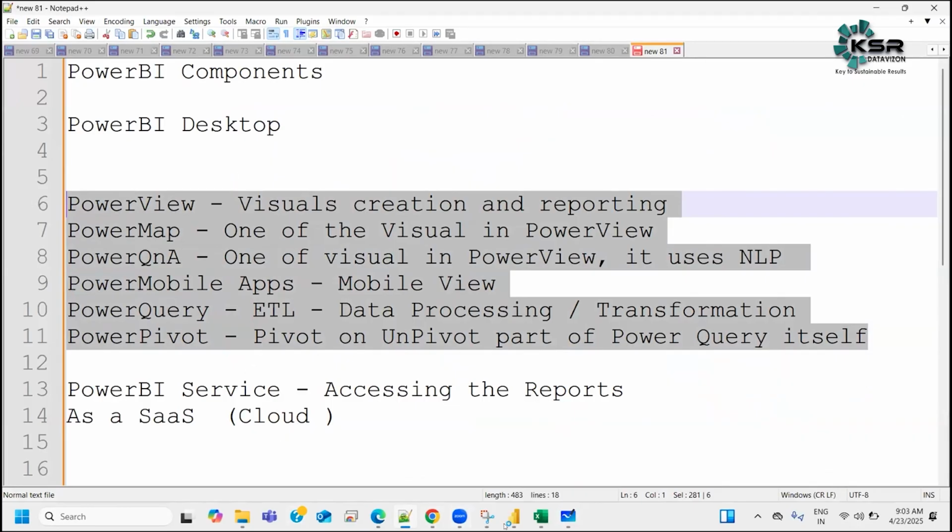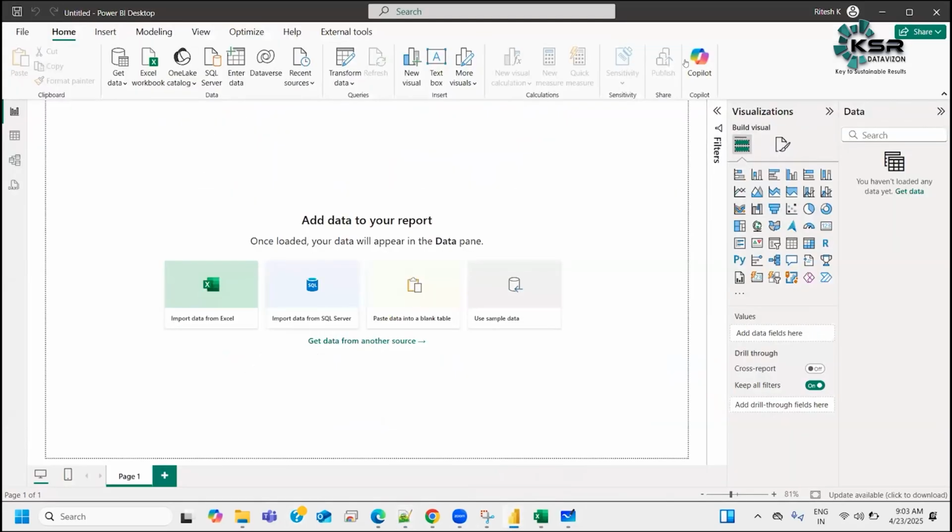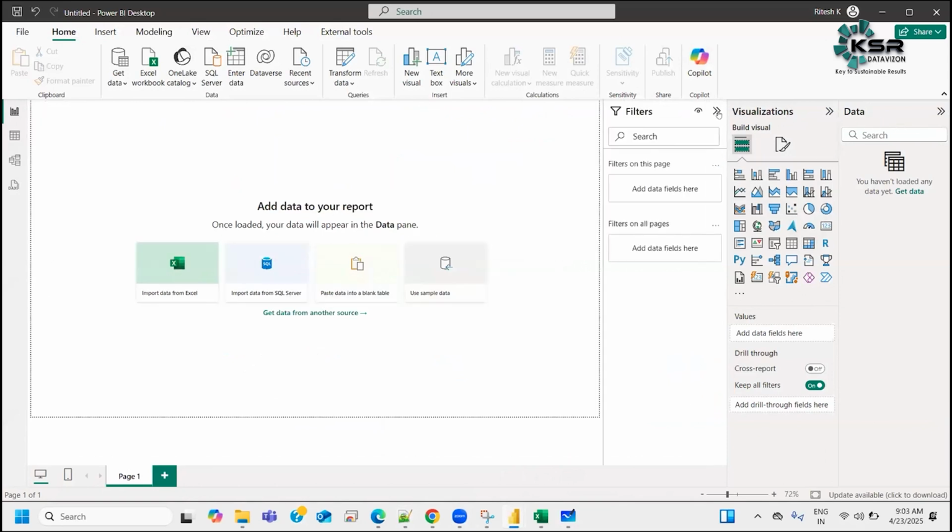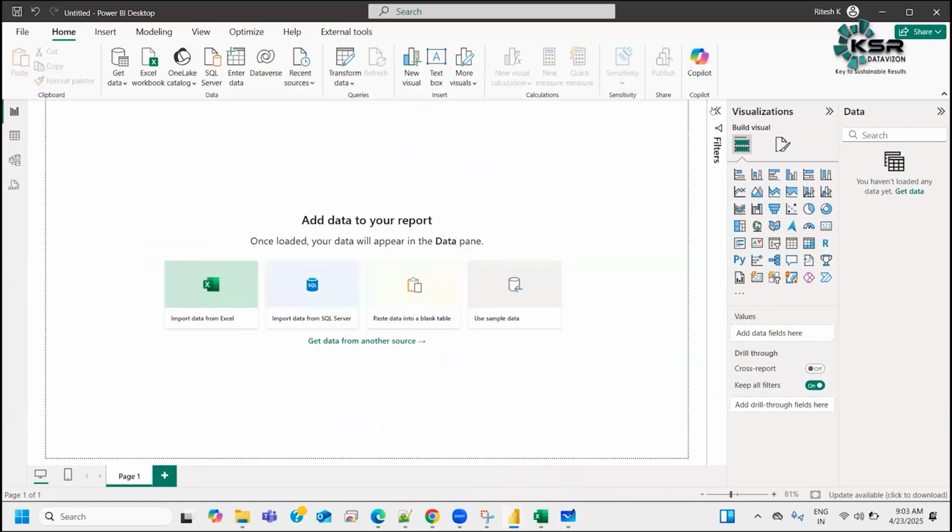And going further, I'll never say the above bar, I'll say ribbon bar. I'll never say the visualization, I'll say the visualization pane. This is the filter pane, visualization pane, data pane. So I'll be using these technical words. You should never have a question about what is ribbon bar, what is visualization pane, what is data pane, what is filters pane. So that was our primary agenda for today, to understand the UI of Power View,